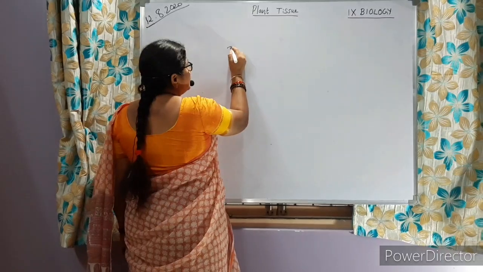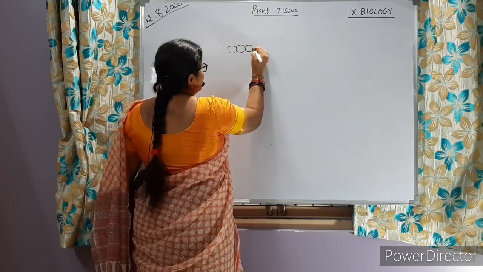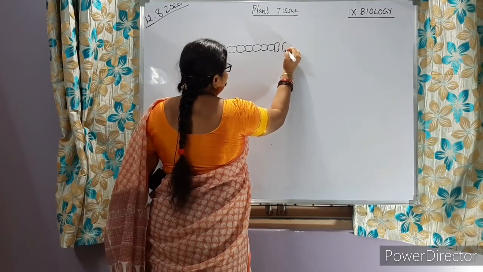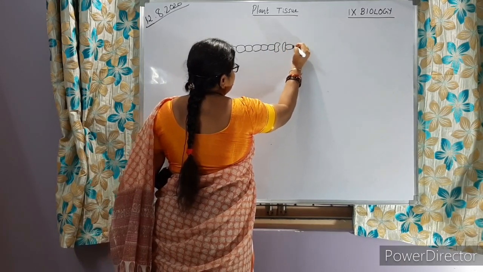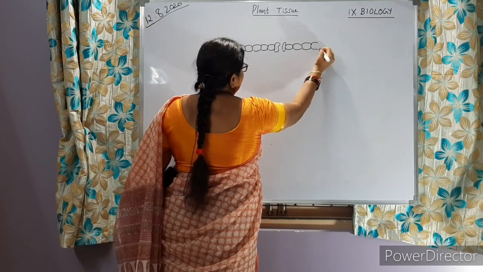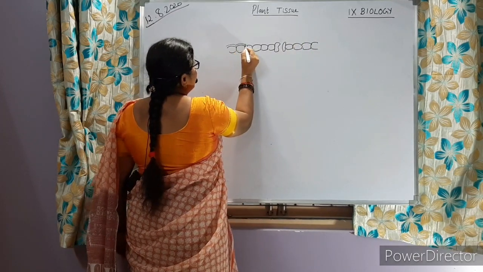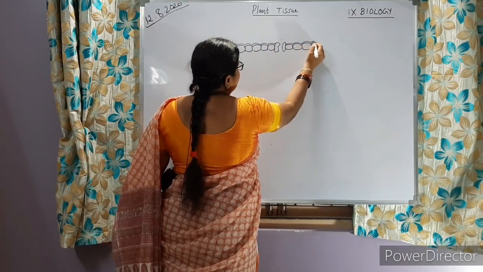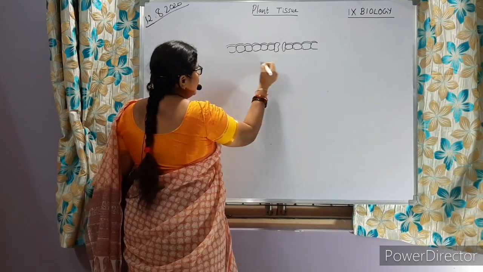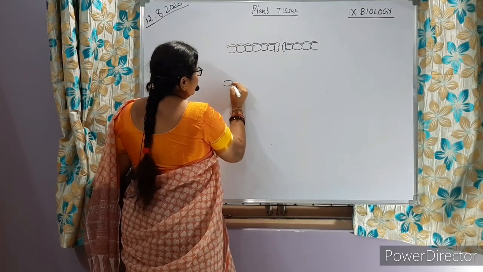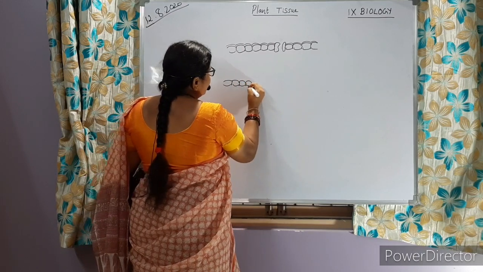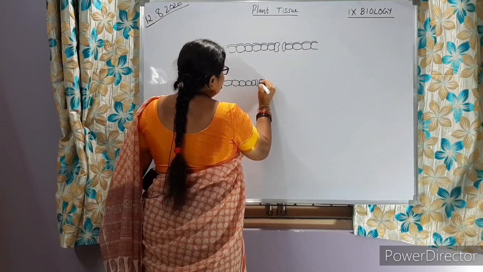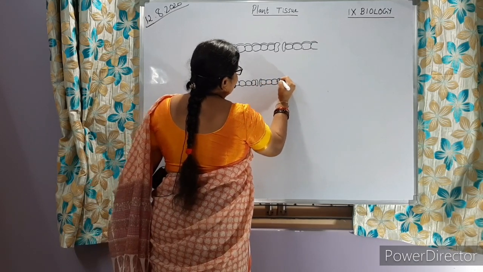If we observe the anatomy of leaf, anatomy of leaf means we are going to observe the internal structure of leaf. Here we can see a thick cuticle. The cuticle is also a part of the dermal tissue, and we can see all other tissues inside, which we call mesophyll, and now it is the lower epidermis. In certain places we are going to observe openings which we call stomata.